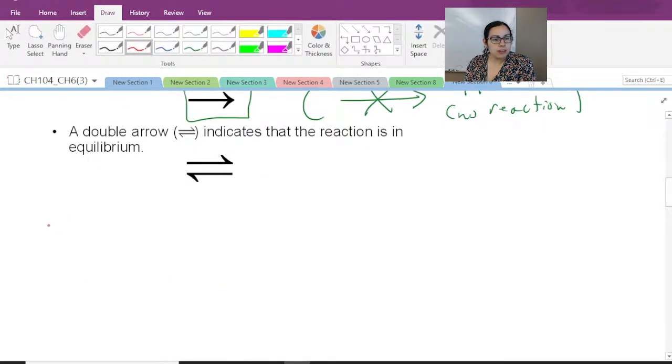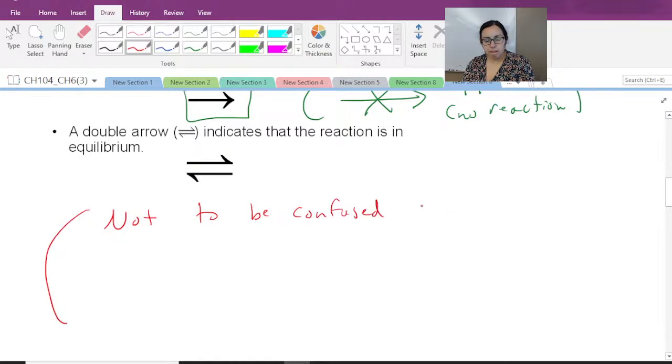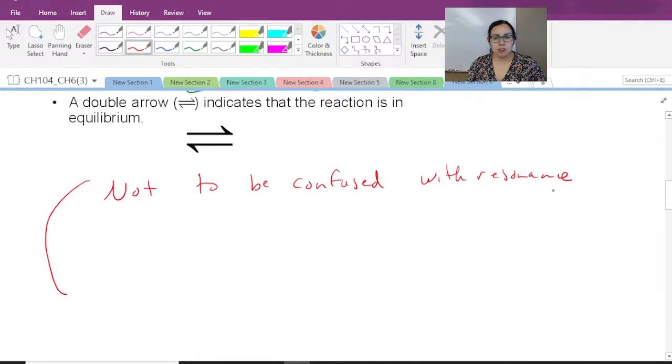This is not to be confused with resonance. So let's remind ourselves what resonance is. Resonance is when we just move the electrons around and we don't really change anything. The quick example that I can give that I think we've seen